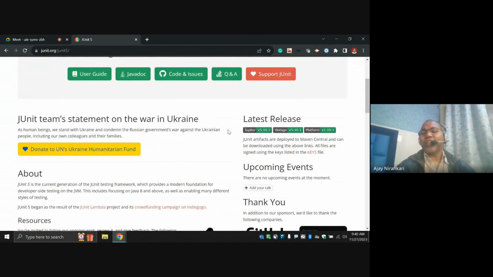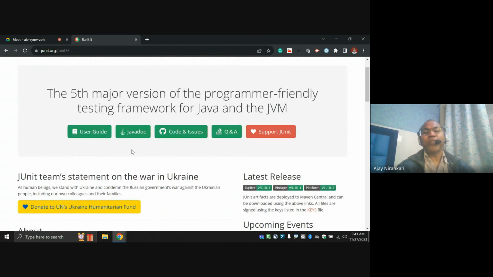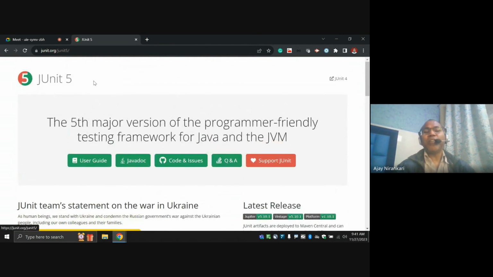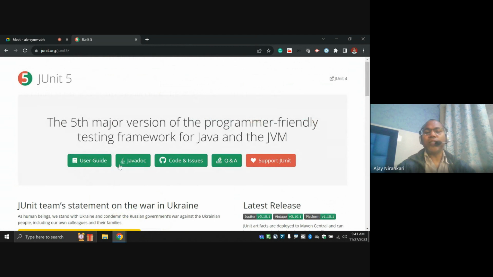So these are the latest versions. You just go ahead and say, hey Maven, can you give me this repository? I want to use the JUnit framework. It means they have given some set of code and methods for us. We can easily use them and test the code, right? So this is the thing, and this is our user guide. You can follow it,